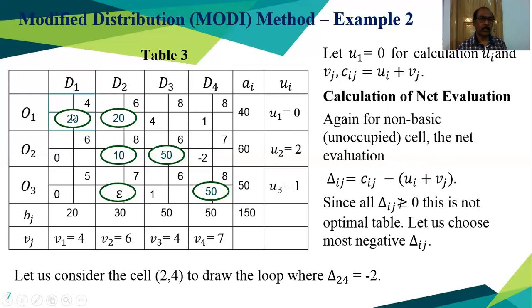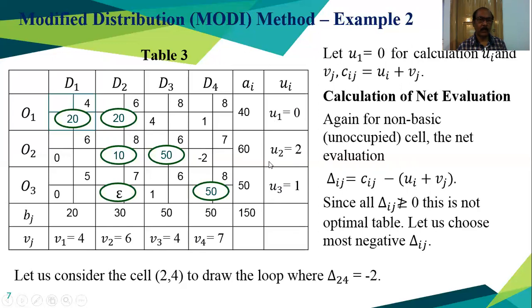That is, the two allocations are there. So this is 4, this will be 4. This is 6, this will be 6. Since this is 6 and there is the allocation and this is 7, so this should be 1. And since this is 1, this is 8, this should be 7. Now this is 2, this is the allocation, this is 6, so this should be 4. So we got all the values of Vj and Ui.